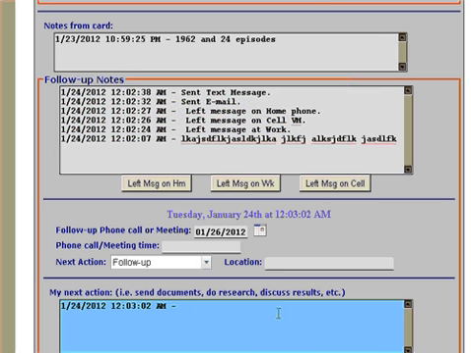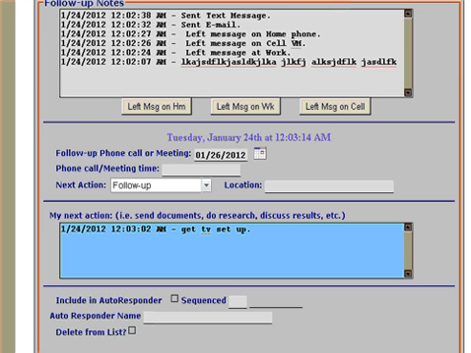And then if there's something for you to do, then you have notes in here for what you need to do. If you're going to add them to an autoresponder, you simply put in this autoresponder name, and then update. So anyway, that's how you utilize the system to really understand what it was you talked to them about last